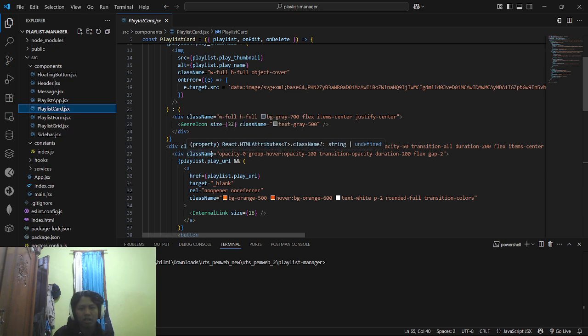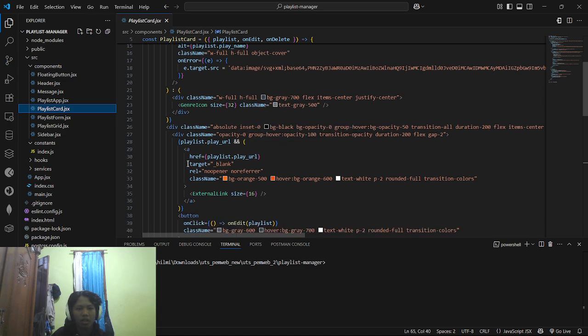And next, the overlay hover, the style, and then the playlist external URL.